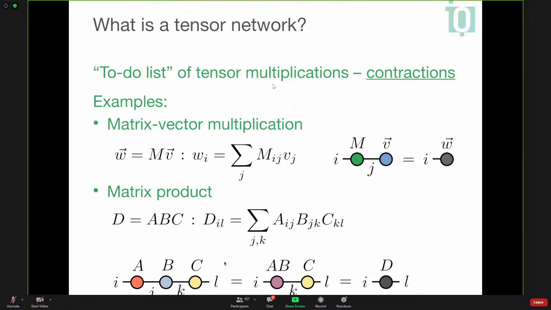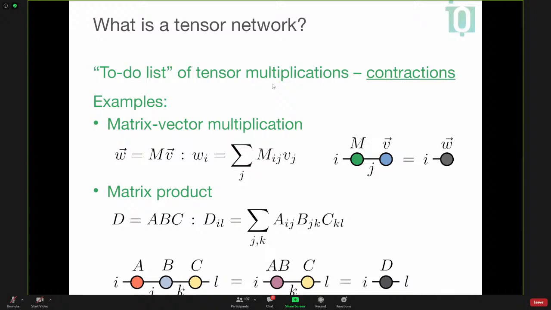Graphically, again, this is represented as this really simple tensor network. And now you see I have 2 sums to do. One sum over J, one sum over K. And I can decide to do either one of the 2 first. Here I have decided to do the sum over J first. So I contract A and B together to get AB. So this common index disappears and I get this new matrix over I and K. And then I choose to contract K after, and I end up with my final matrix.